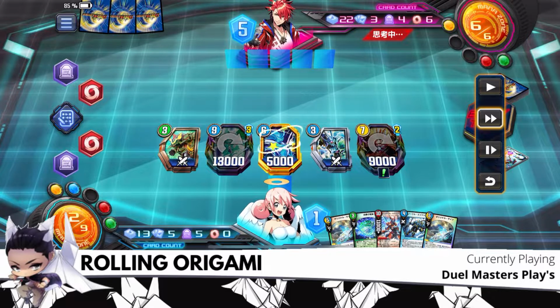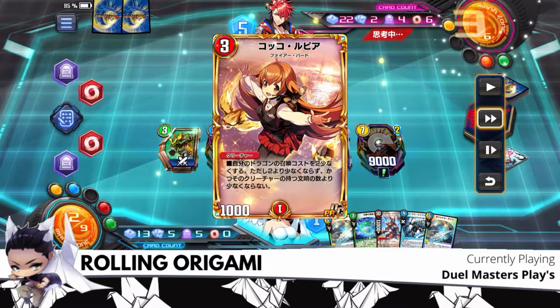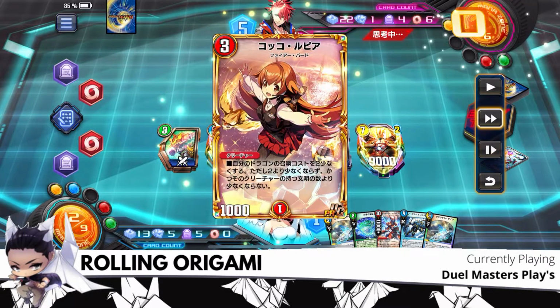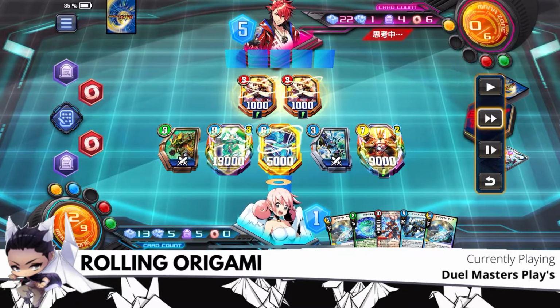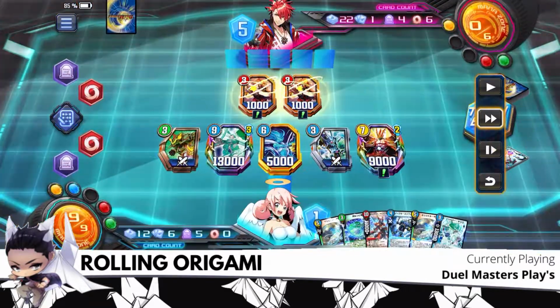If he puts anything into the battle zone, I will actually untap and have blocker effects. So you can see here, he puts 1 Coco Lupia in, it untaps all my creatures and they all get blocker. He plays another Coco Lupia, probably doesn't have anything else he can play in his hand. So he's just gearing up for his next turn, but I'm at 9 mana, and the smart thing here to